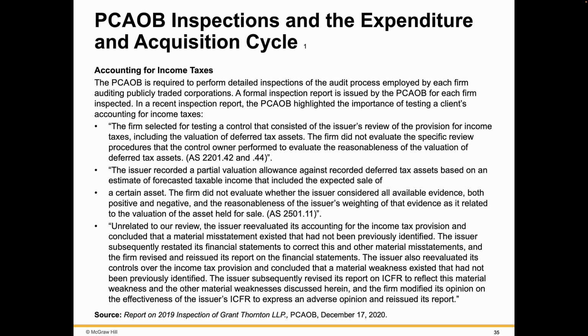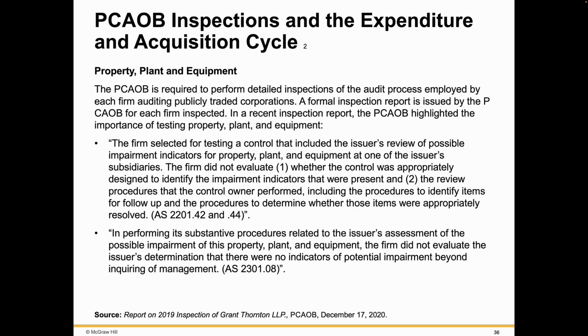And here you see that. And so this was the report on the 2019 inspection of Grant Thornton by the PCAOB. And then here we have for property, plant, and equipment, based on the same report, that the PCAOB is required to do this, and then the firm selected for testing a control that included the issuer's review of possible impairment indicators for property, plant, and equipment at one of the issuer's subsidiaries, and the firm did not evaluate, one, whether